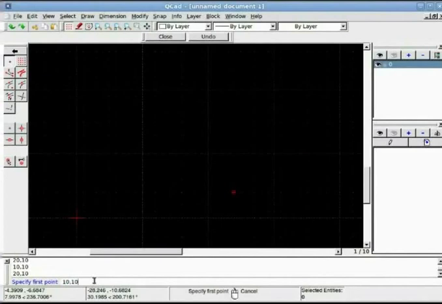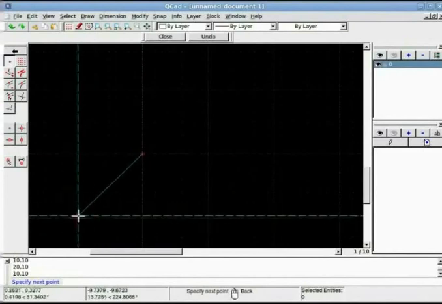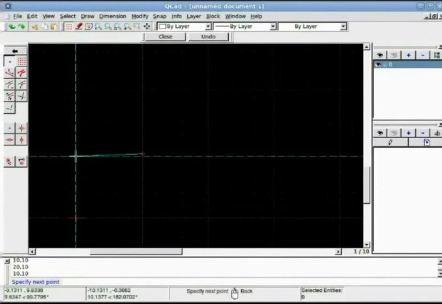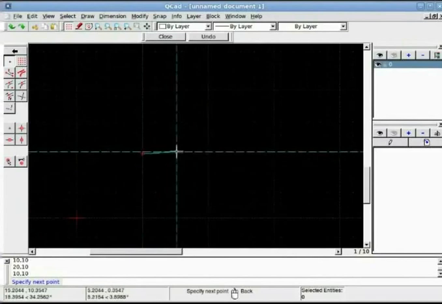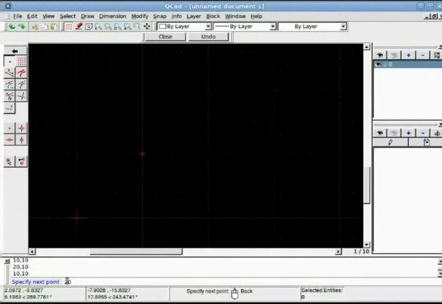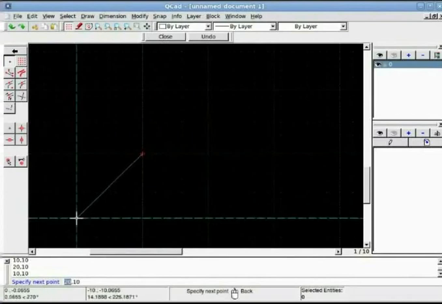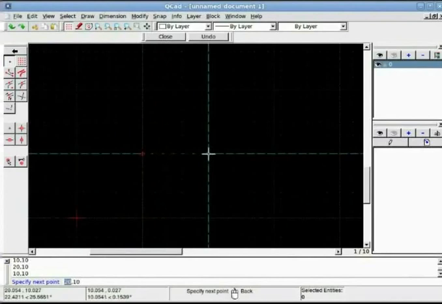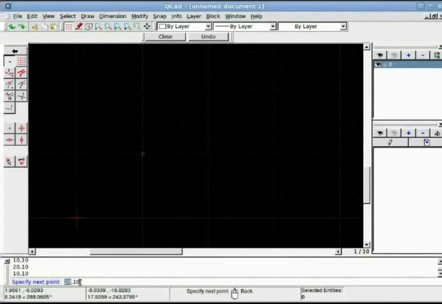Hit enter. See, the point is entered in relation to the origin or absolute 0, 0, which is 10 units away from x and 10 units away from the y-axis. Now suppose I want to draw a horizontal line going forward away from this point, of say 10 units. For the next point I will add 20, 10. The x-axis value is 20 because this new point will always be in relation to absolute 0. So, to meet the distance of 10, I will have to add 10 units to the earlier point's x value. And the y value will not change, so it will be 10 here.